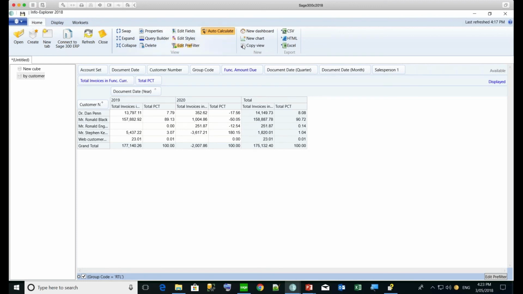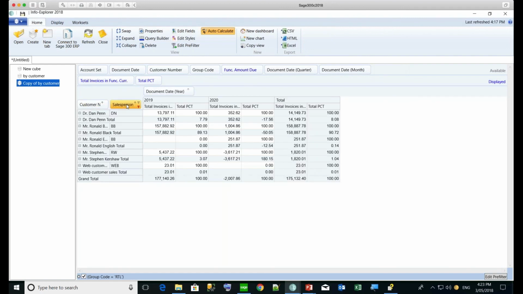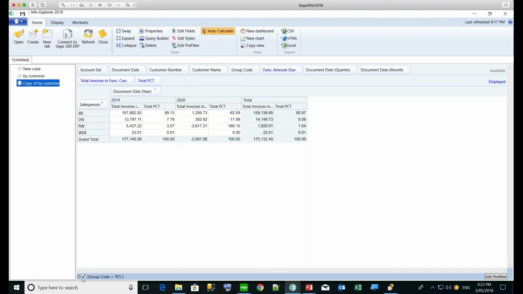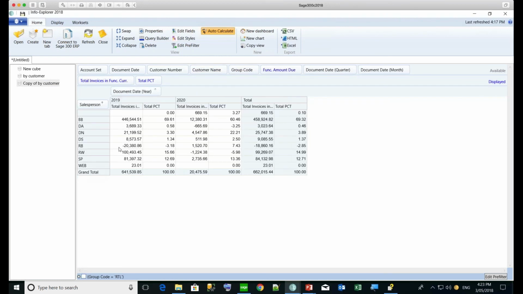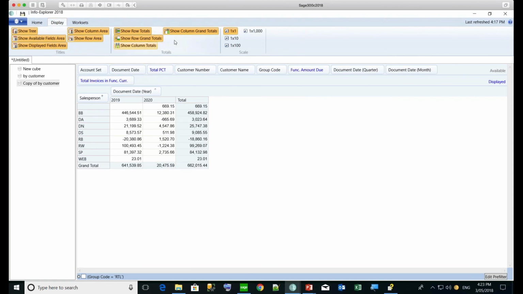I'm just going to create yet another view, a copy of this particular view. And in this case, I'm going to simplify the view even further. And I'm going to put my salesperson down as columns. I'm going to get rid of my customer number. I'm going to disable that filter. And I'm going to get rid of that as well, and my totals. So the reason for this is I'm trying to create a very simple view